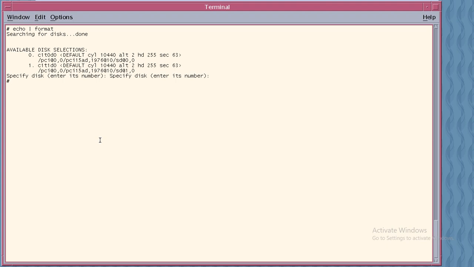Okay, so now I want to format that slice, the logical partition which I have created. I want to format it, right? Once we format, then only we can use it, or enter data in that logical file system. So now we need to execute newfs /dev/rdsk. rdsk is nothing but the raw disk,